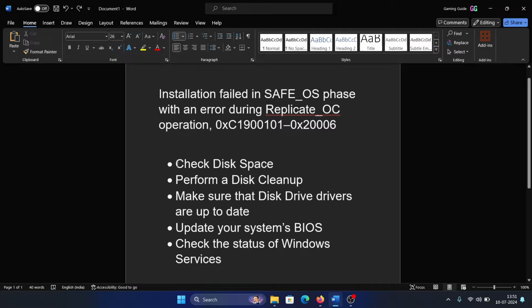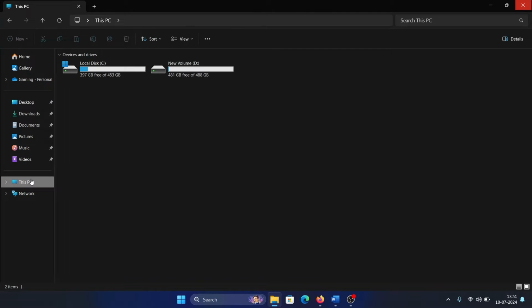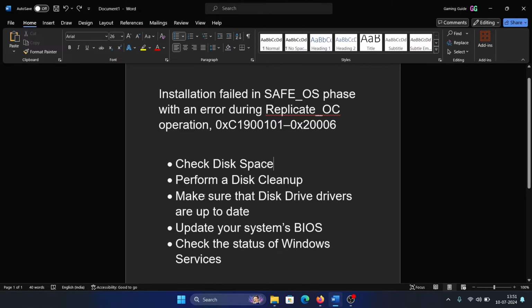Now the first solution is obviously to check the disk space. I'll tell you why. Because if the disk space is low, then you will not be able to install new programs or even the operating system or any new device associated with the operating system. So check that there should be sufficient space in the system, and if there is not sufficient space, then perform